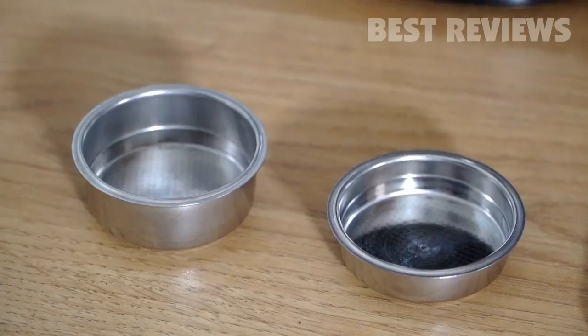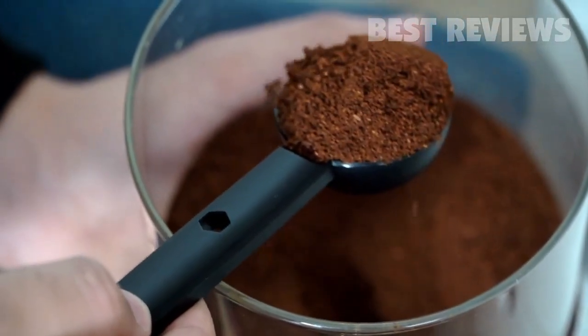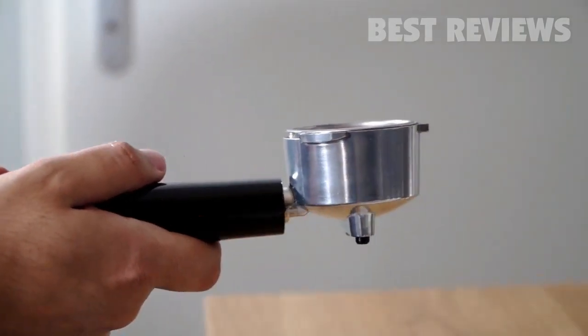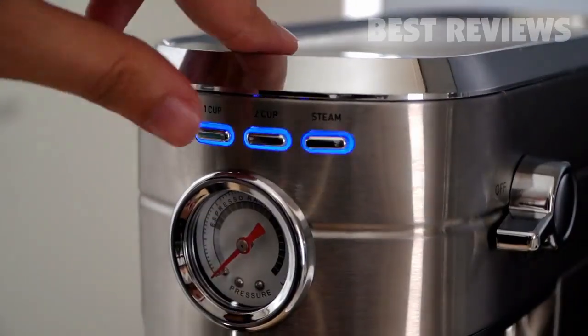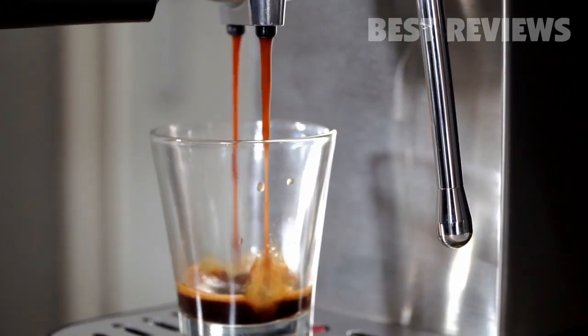On the front are 4 buttons: power, 1 cup, 2 cups, and steam, as well as a pressure gauge, and there is also a button on the side to control the steam wand or hot water dispenser. The greatest letdown in terms of quality was the portafilter, which felt a little flimsy. Still, for the price, it's hard to complain, especially because this is something you can easily upgrade on the likes